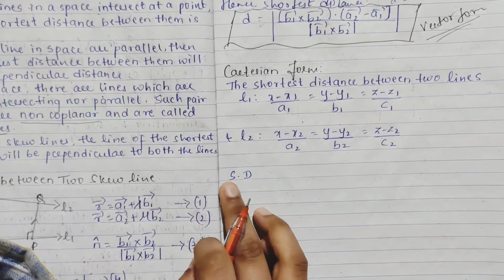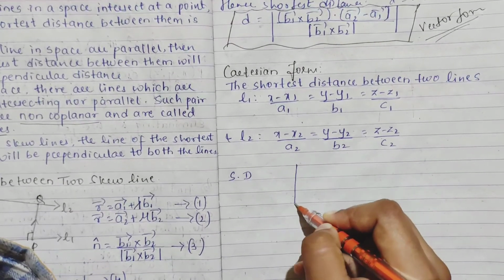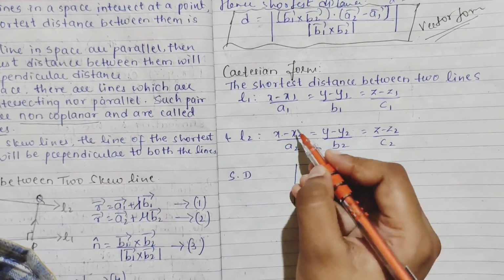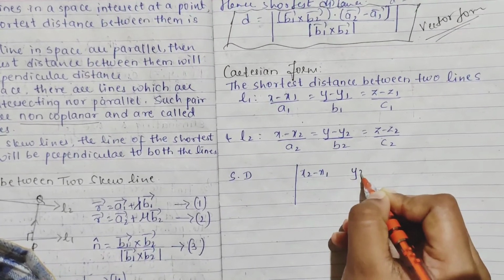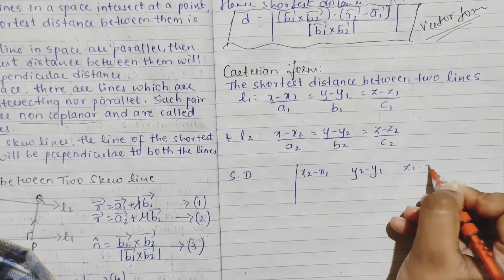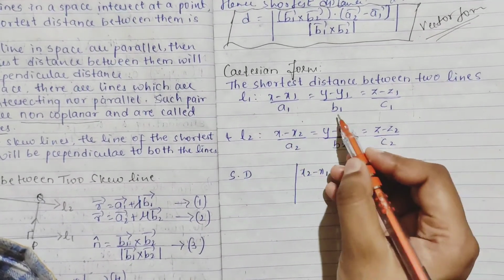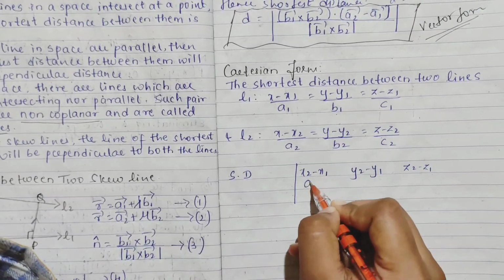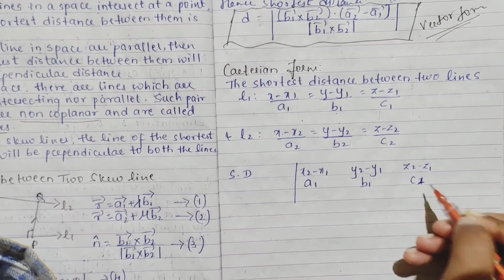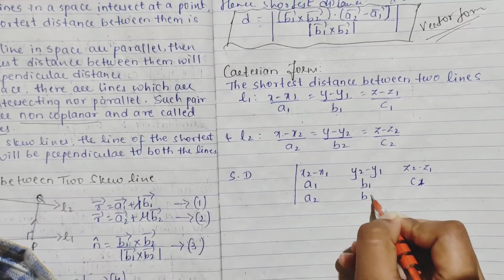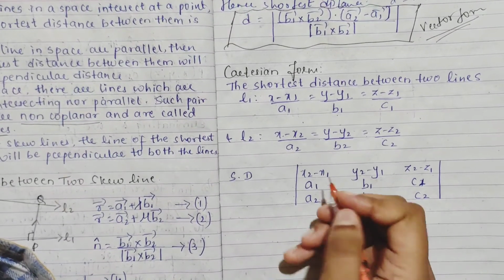So the Cartesian form, I am just writing SD, SD means shortest distance. You are taking a determinant. Okay, first we are finding the determinant. How we are doing it? x2 minus x1, y2 minus y1, z2 minus z1. This is given, your Cartesian form is given like this. So what we will do? a1, b1, c1, right? And you have a2, b2, c2. So this determinant, and then